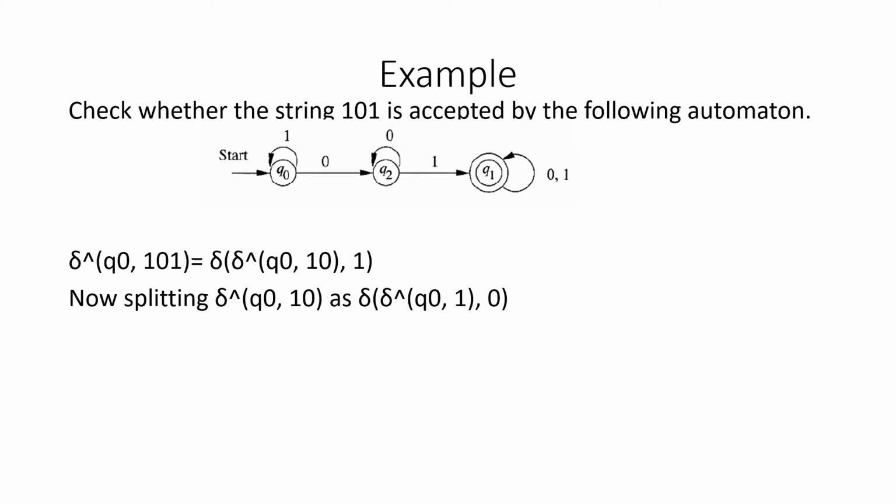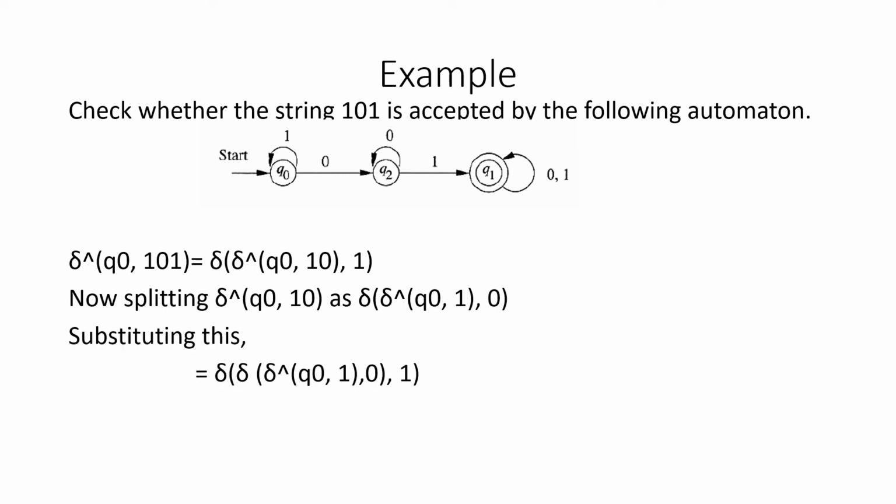So again we have to partition it, that is, the last character has to be taken out. So whenever a character has to be processed, you have to make use of the normal transition function. When you are going to process a string, then you have to make use of a cap symbol to indicate that you are going with a string as an input, meaning applying the extended transition function, right? So now again this q naught comma 1, we have to keep on expanding it until we get an epsilon, right?